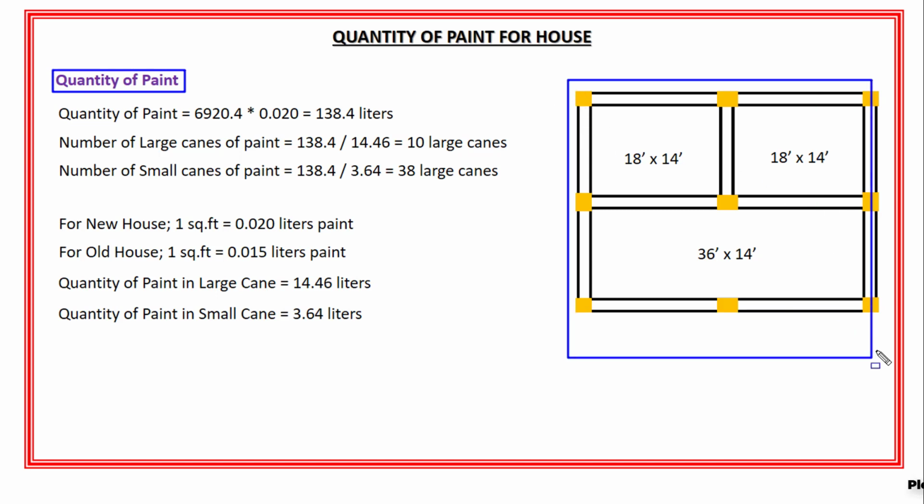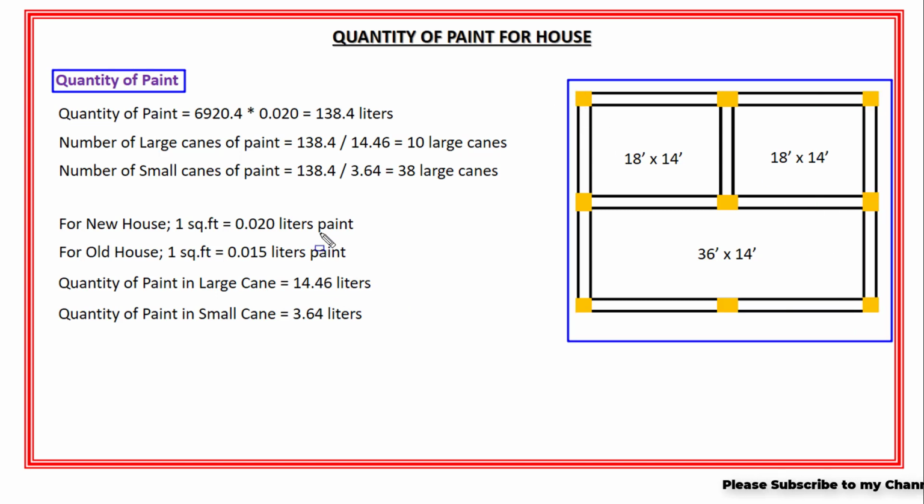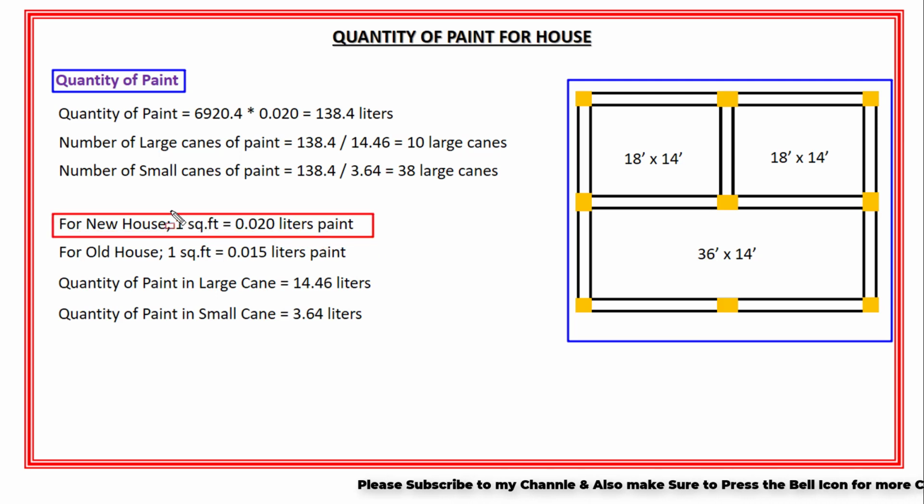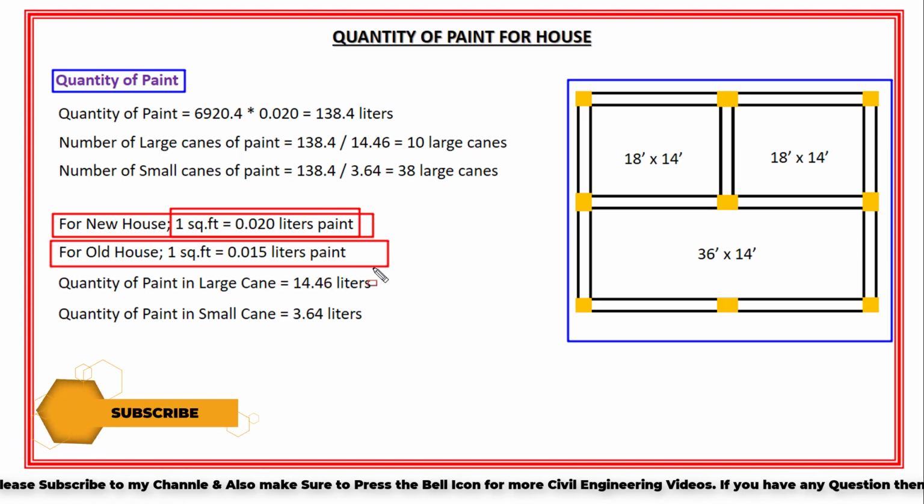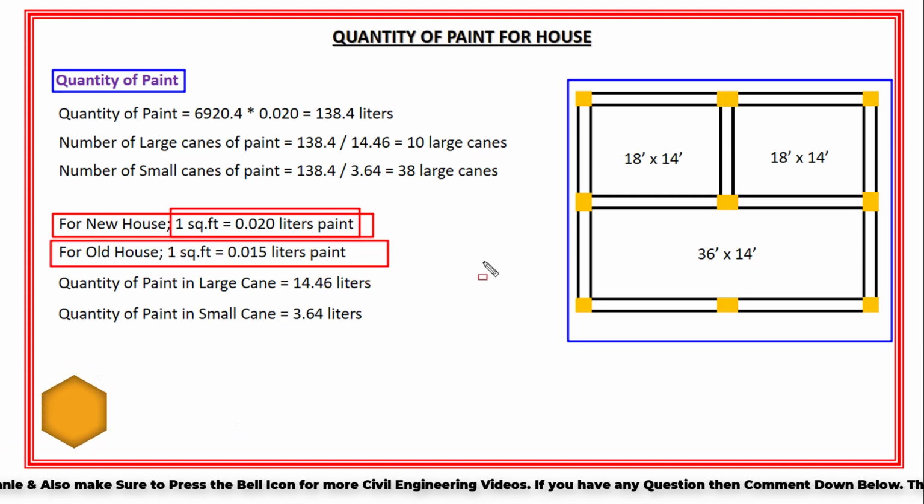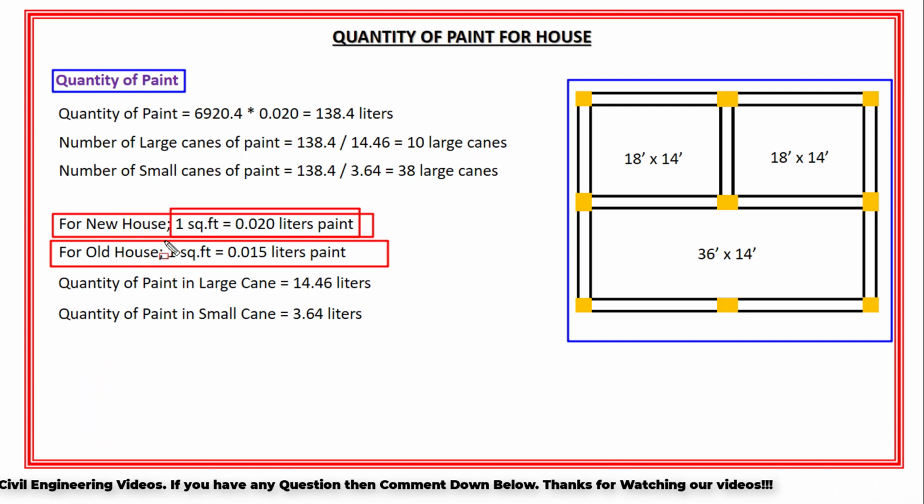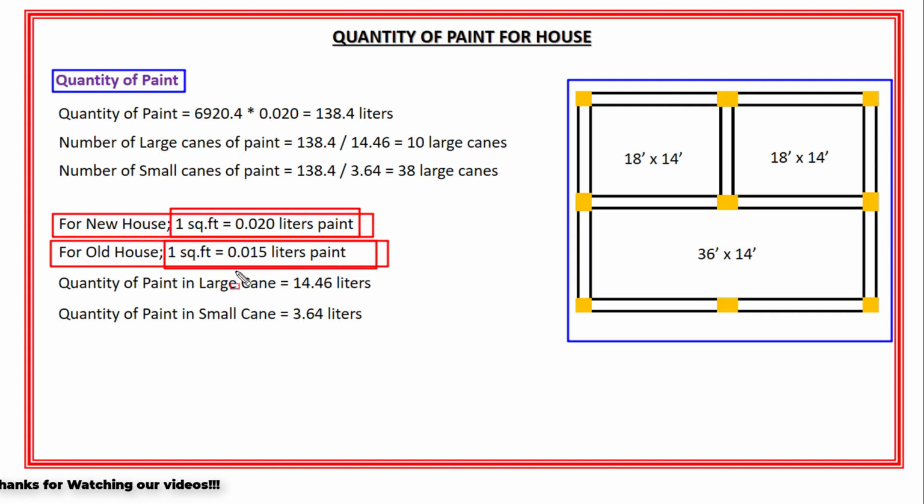Okay? Now for new house, in 1 square feet, 0.020 liter paint is used. And for the old house where paint is already done and you only want to repaint the house, in such case, for 1 square feet, 0.0150 liter paint is used. Okay? Now as I told you that this is the new house and I am applying the paint for the